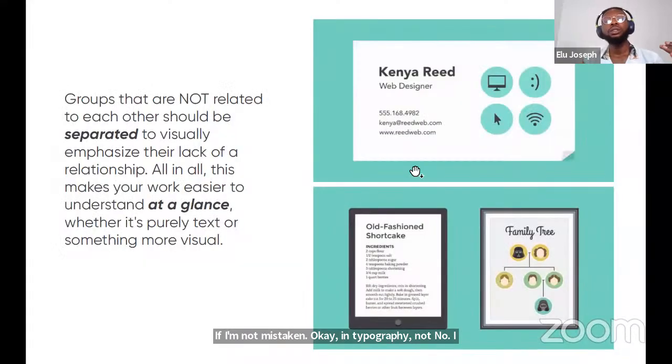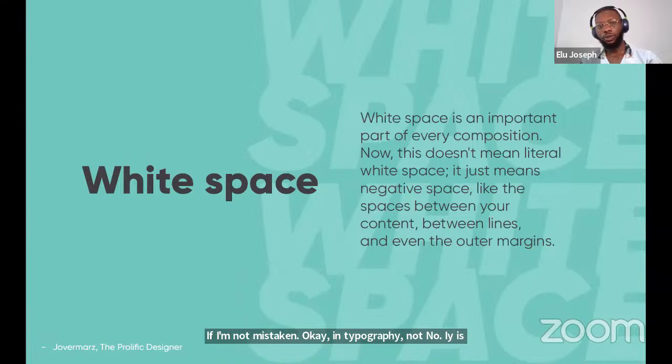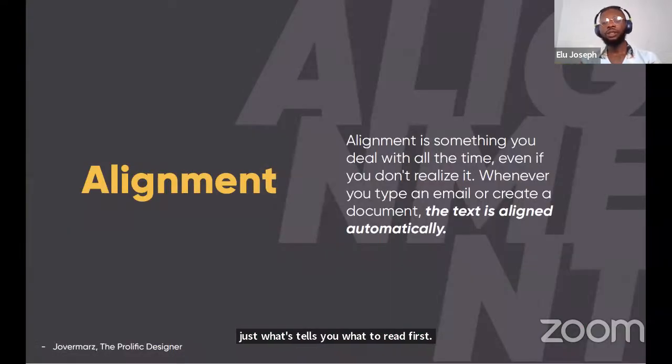hierarchy is just what tells you what to read first and what follows. For instance, when you see this slide, the first thing you see is the word alignment because it's bigger than everything else. And then the next thing you go to is what alignment is to Plenty's story. That's because I've been able to use hierarchy to control where your eye goes from one to the other. Now,